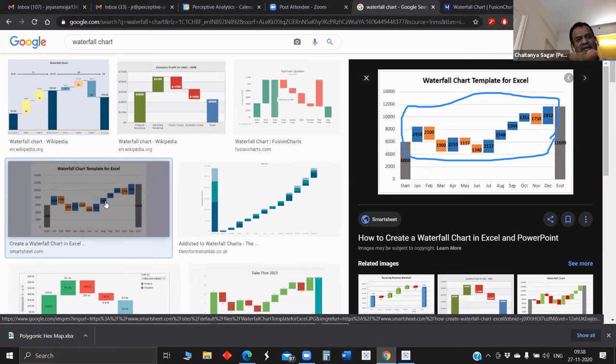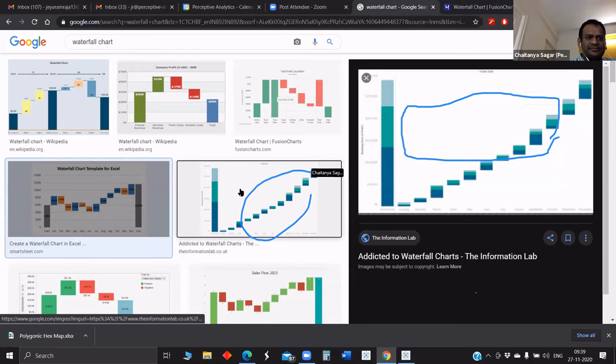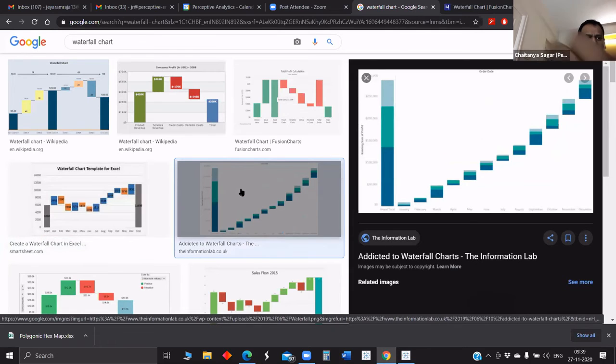They have also given the orange color versus the blue color right there. I would assume blue is positive and orange is negative, so it's sort of going down. They have displayed all of this in sequence one by one. This is another variant of the waterfall chart. If you look at the next one, any questions on this one before we go to the next one? I think that's probably self-explanatory.